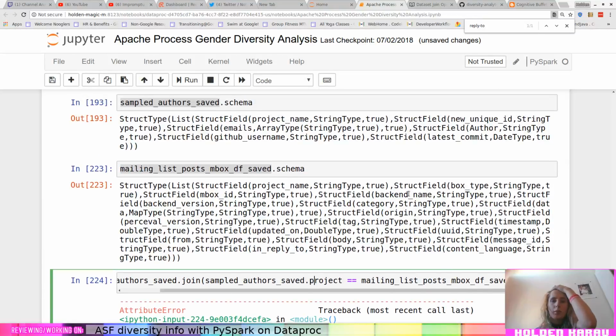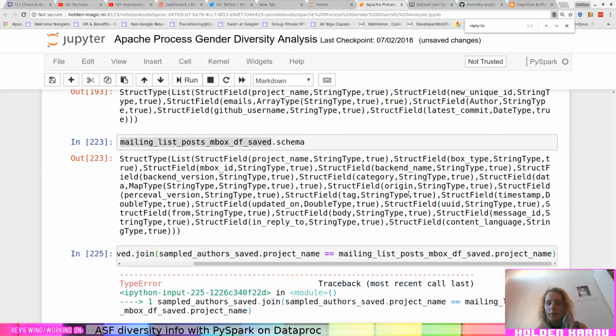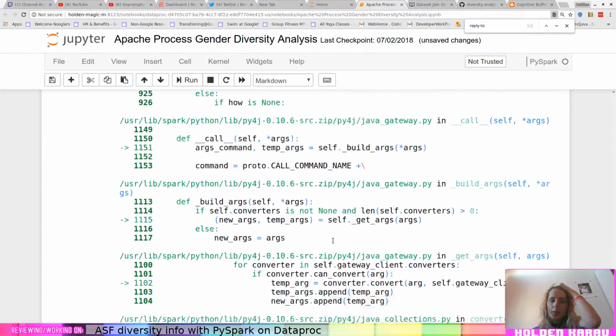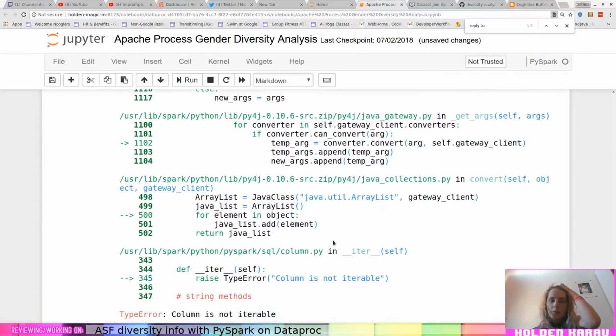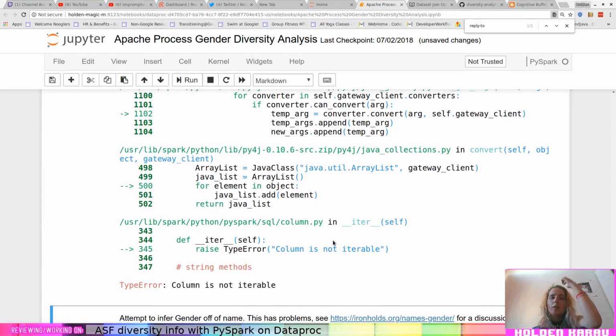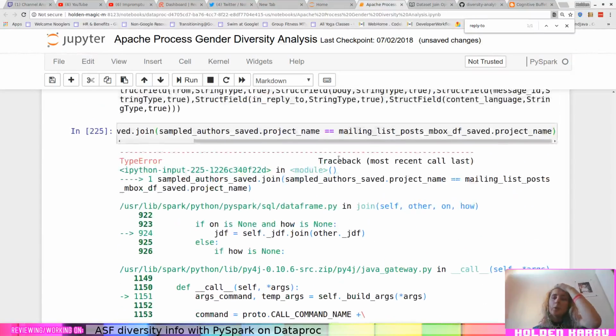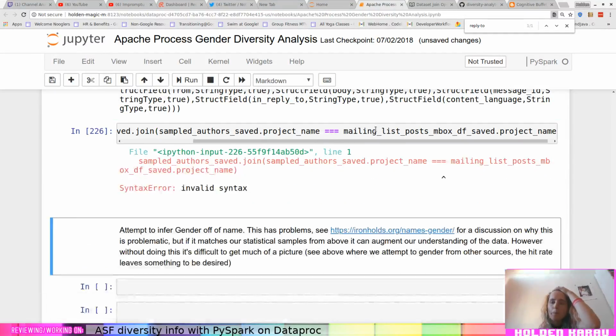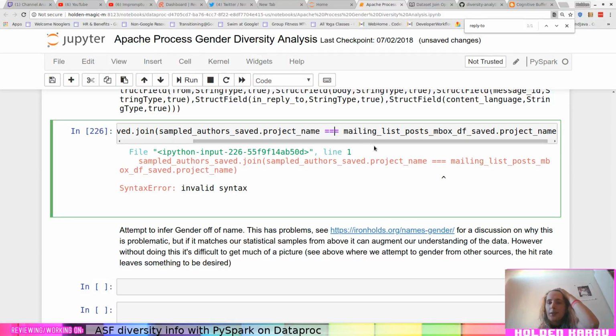Oh, it's project name. Okay. Oh, okay, we can't. Column is not iterable. Oh, do I have to use the triple equals here? No, invalid syntax.